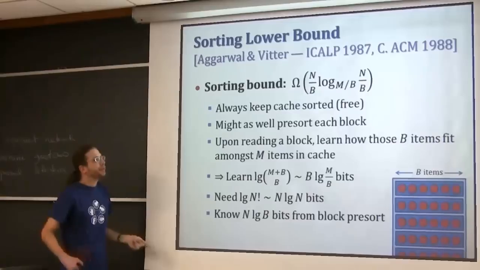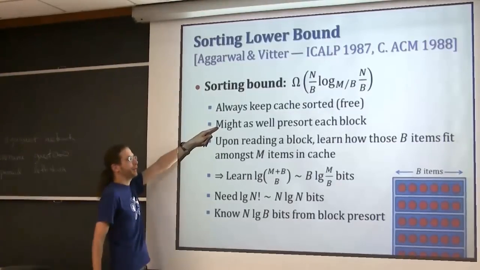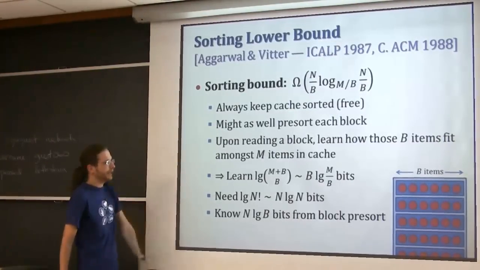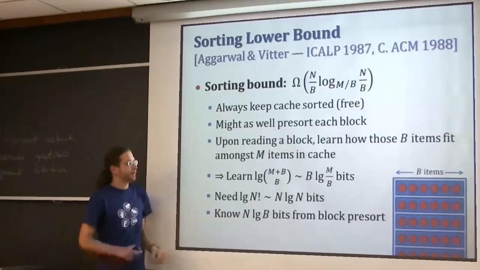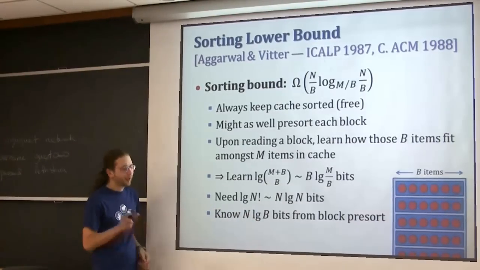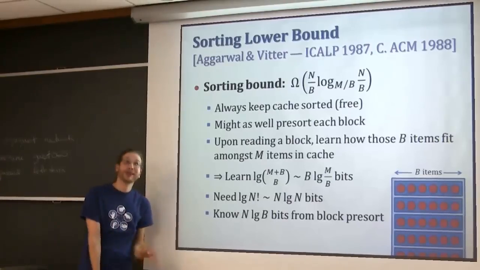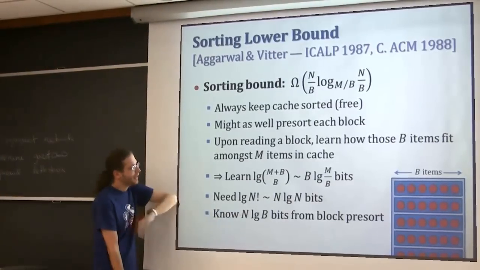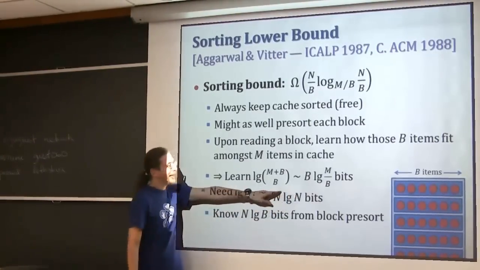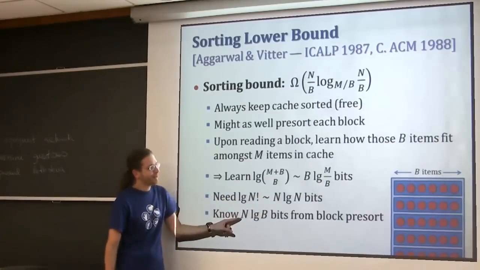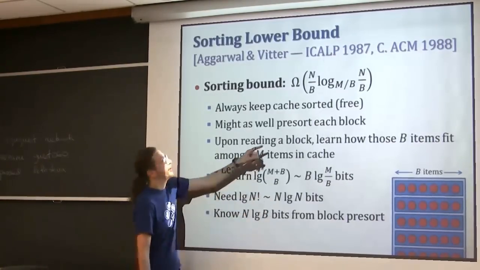But we knew a little bit of bits from this pre-sorting step. This is to clean this up at the beginning. We already knew n log b bits because each of those b things was pre-sorted. So we have b log b per block. Each of them, there's n over b of them, so it's n log b. So what we need to learn is n log n minus n log b bits, and in each step, which is